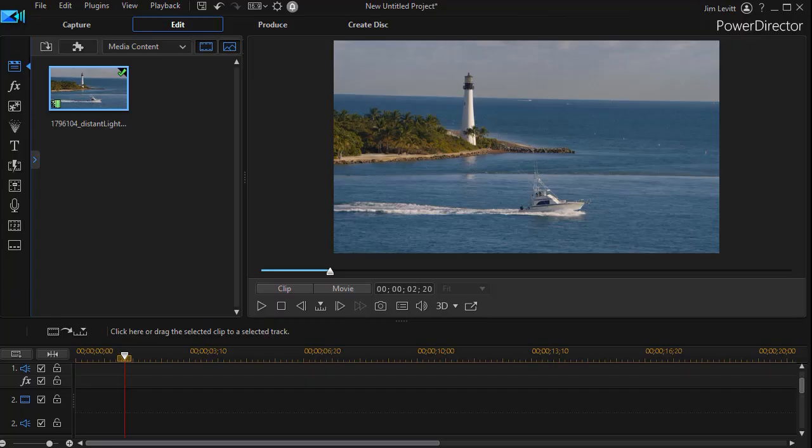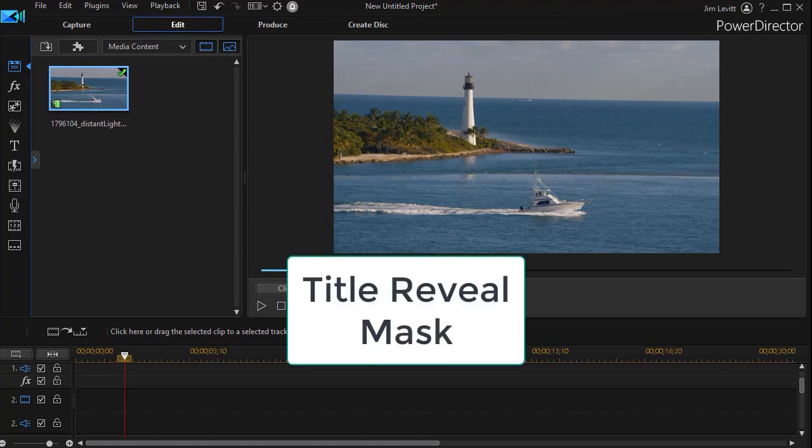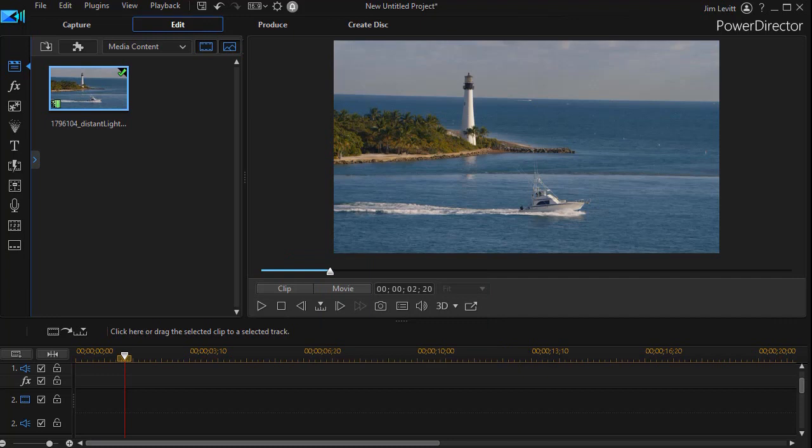In this tutorial in CyberLink PowerDirector, we'd like to show you some tips on using a newly released tool called the Title Reveal Mask. This has been released in the spring of 2020 for those who are subscribers of PowerDirector 365. Whether or not it will be part of the next general release of PowerDirector later in the year, we don't know, but it's a nice tool and we'd like to show you why it's significant when you're doing titling